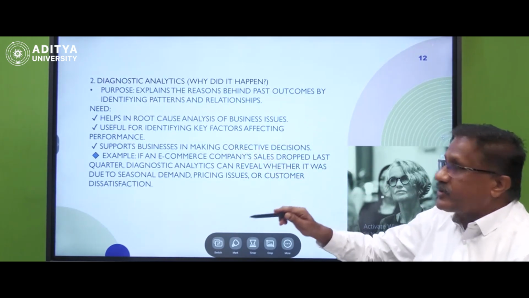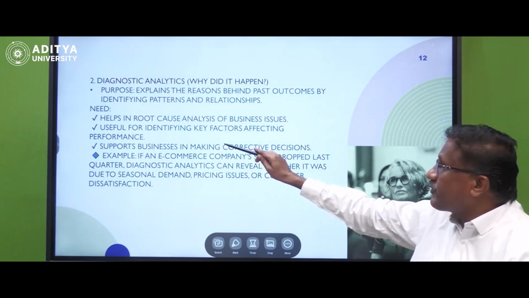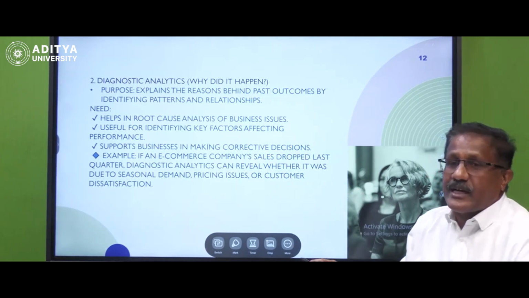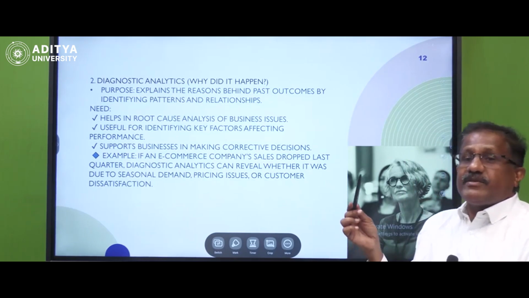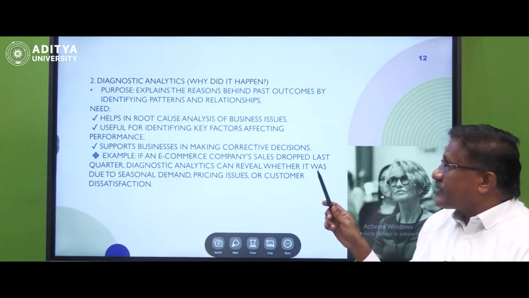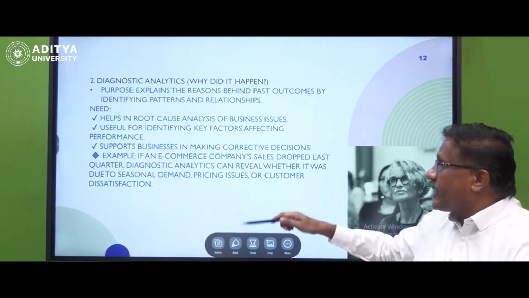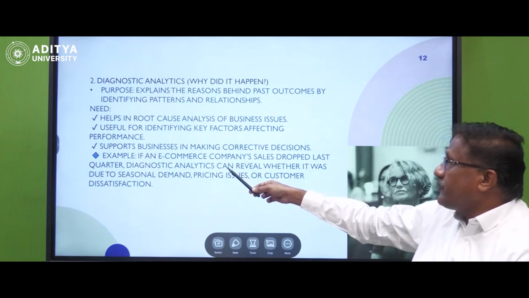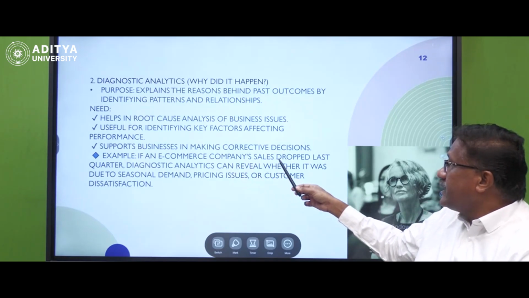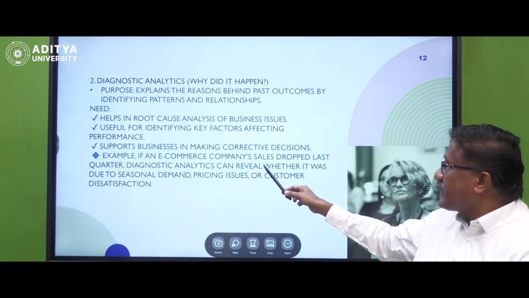It helps find out the root causes and analyze the business issue. It is also useful for identifying the key factors that affect the performance of the business, and the factors which support making good decisions. For example, one example mentioned here: if an e-commerce company's sales dropped last quarter, diagnostic analytics can reveal whether